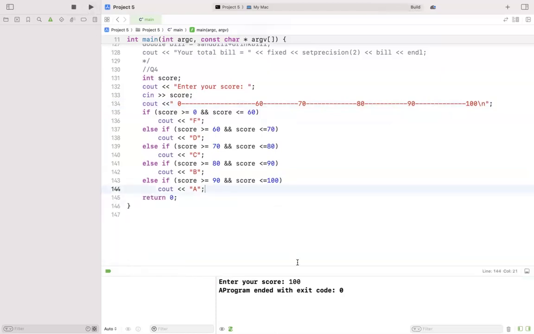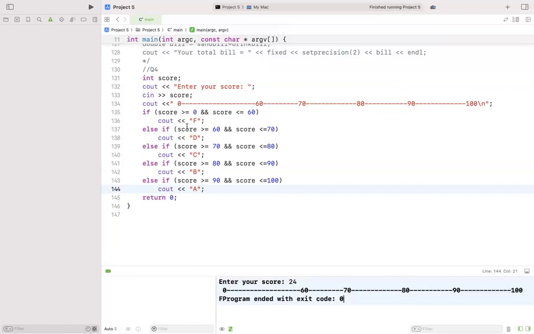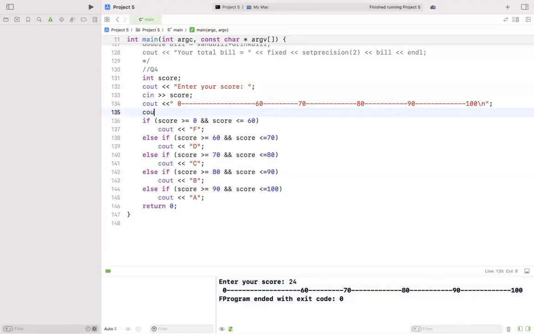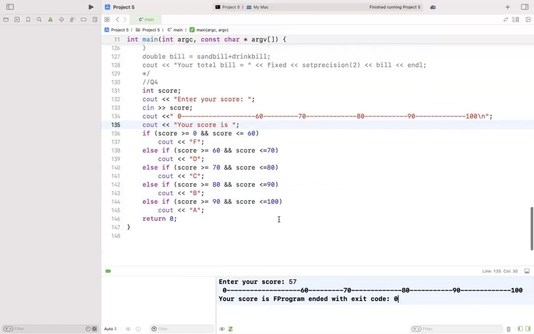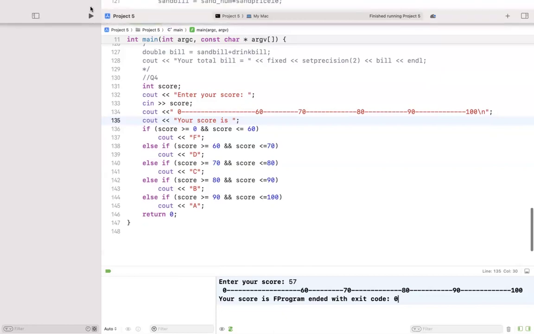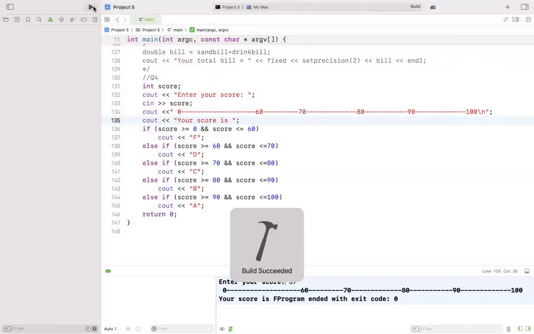If I run this and I put 24, If I run it again, and I put 57, it says your score is F. So if it's between, 57 is F. If I put 75, I get C. If I put 95,